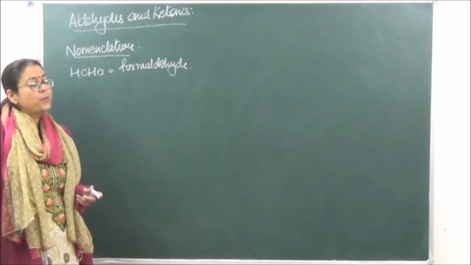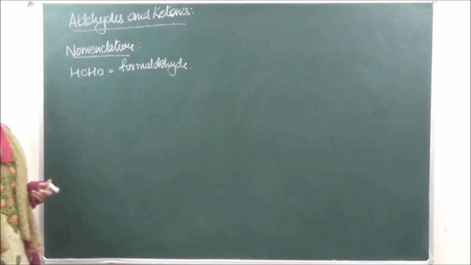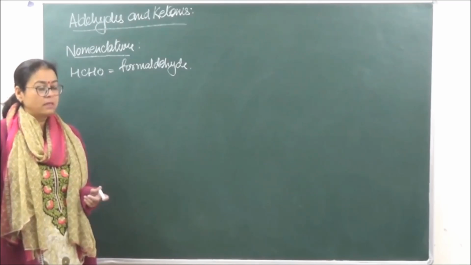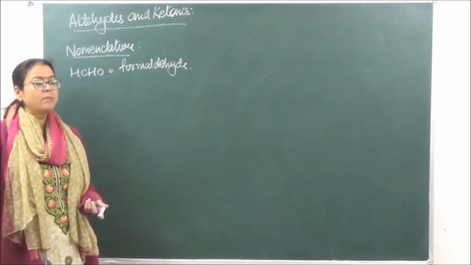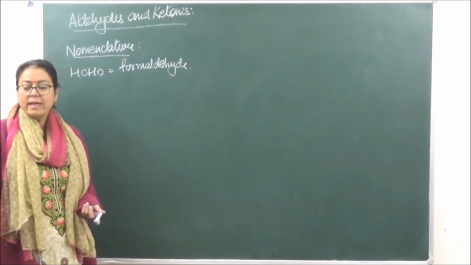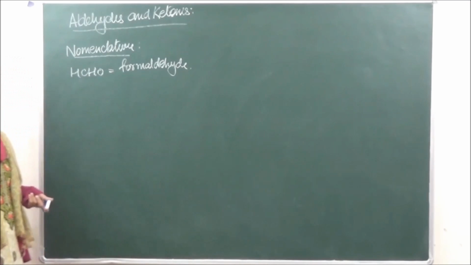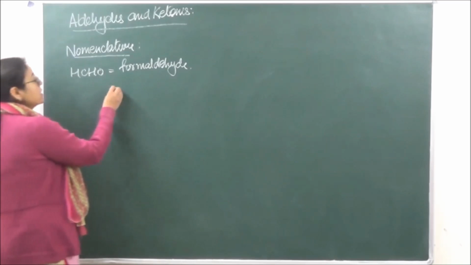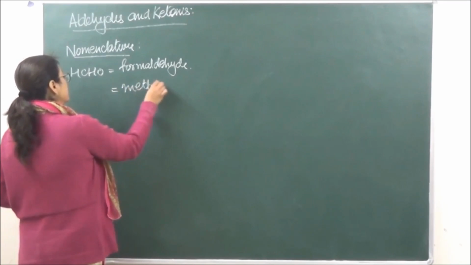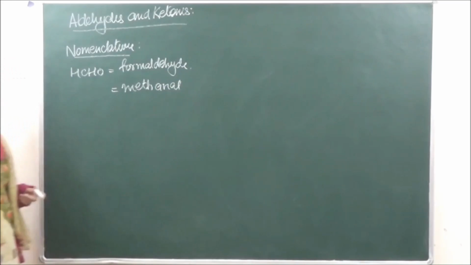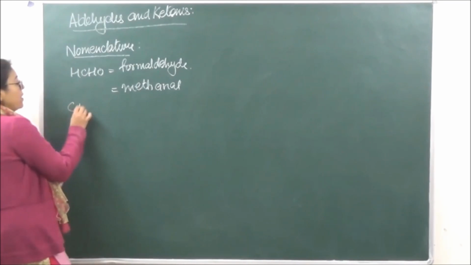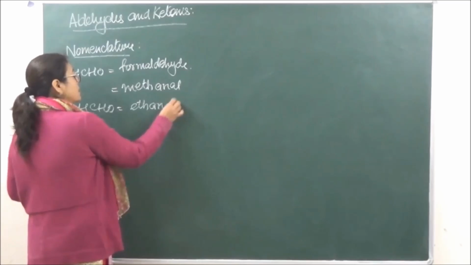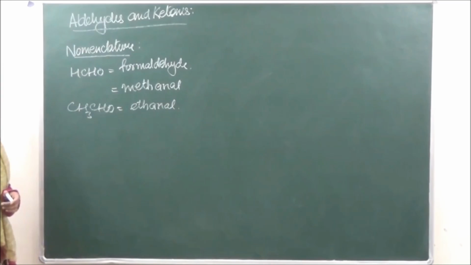ठीक है? So इसकी जब हम IUPAC nomenclature करेंगे तो इसमें जो secondary suffix लगाते हैं that is going to be al. Primary suffix will depend upon the kind of carbon bonding which is present. अगर single के लिए आपको पता है ane लगता है, double के लिए ene लगता है और triple के लिए yne लगता है. तो यहाँ पे उसी के basis पे जब हम nomenclature करेंगे तो secondary suffix हम क्या लगाएंगे? al. So if we're talking of this, this is going to be methanal. ठीक है? Second member CH3CHO ethanal. This is known as acetaldehyde otherwise, right?